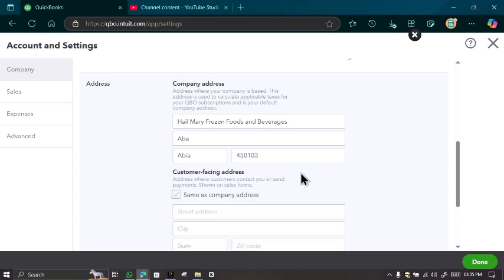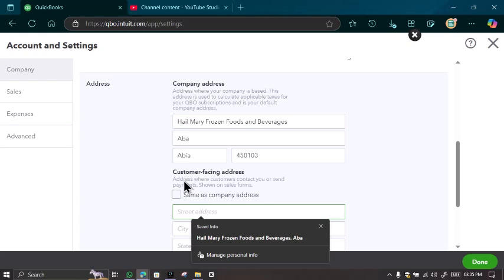Now you can see my customer facing address initially was the same as the company address, but I don't want it to be the same, so I want to change the customer facing address. And like I said earlier, it is the address where customers contact you or send payment, and it will be shown on your sales form. So you put in the new street address. Let's say my new street address is